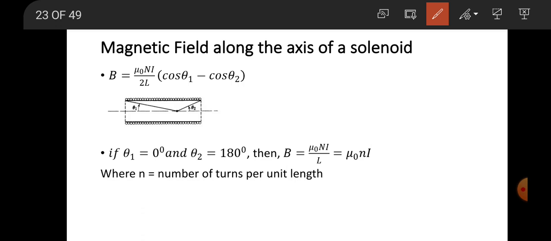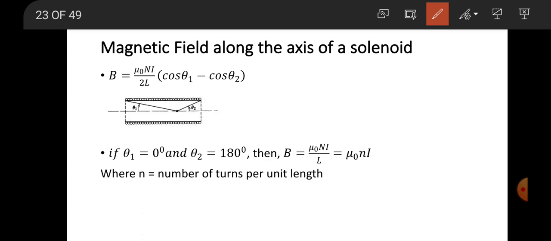There is a broader formula of magnetic field along a solenoid, which is B equal to mu naught Ni all over 2L into cos theta 1 minus cos theta 2, depending on the position. But if theta 1 is 0 degrees and theta 2 is 180 degrees, then that's where we have that